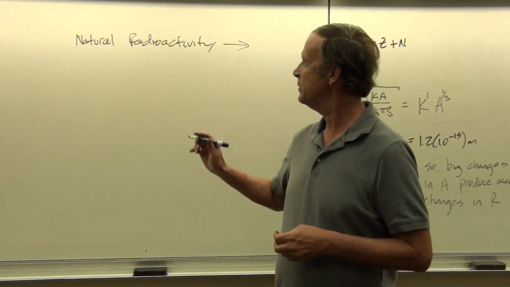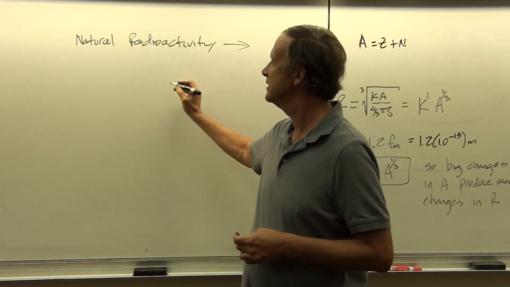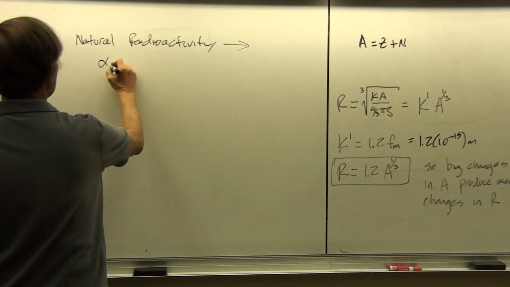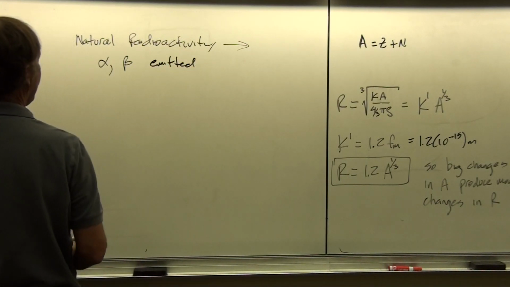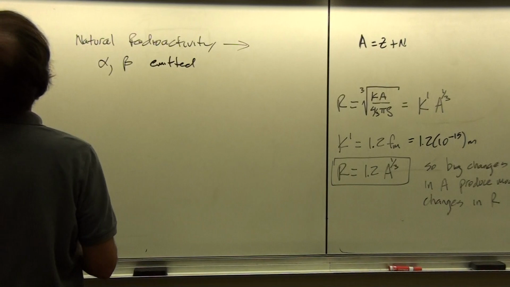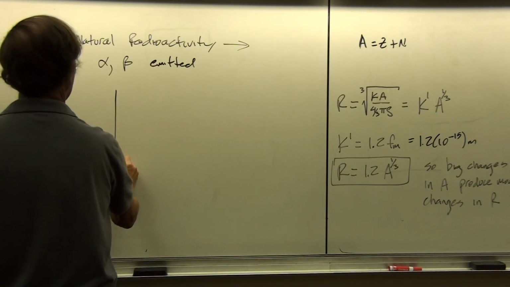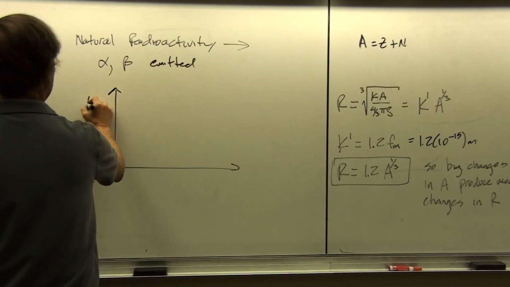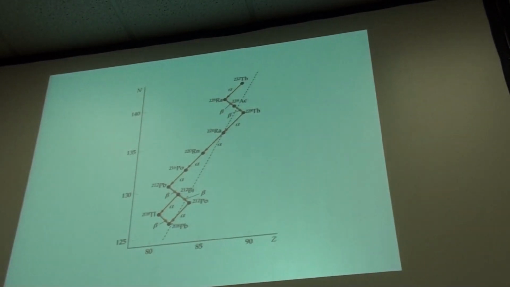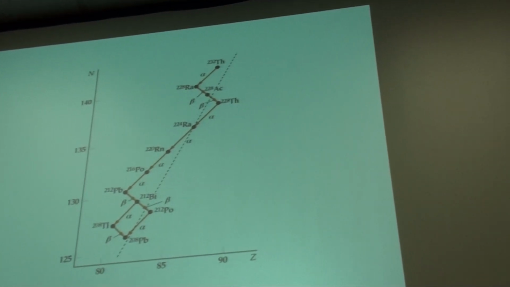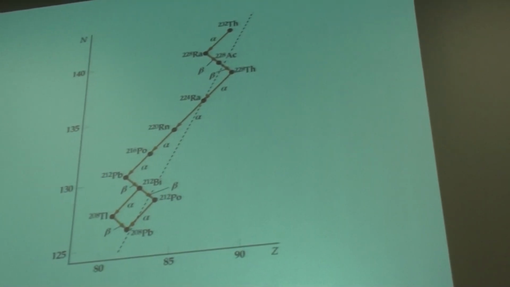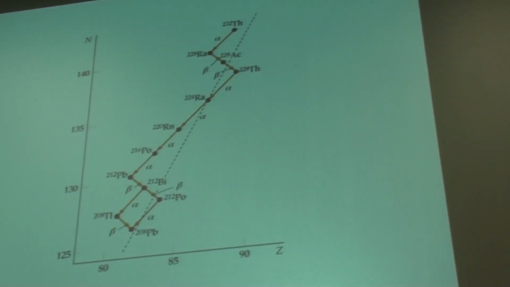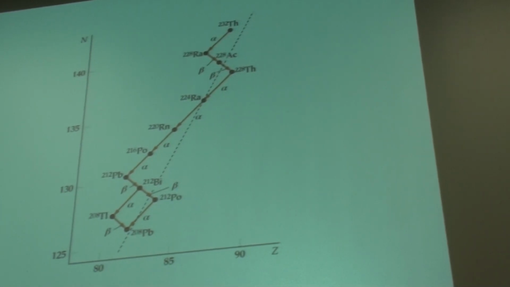Okay, so let's keep in mind, though, that normally for natural radioactivity, we either have an alpha particle or a beta particle emitted. And the reason why one or the other would be emitted can be seen by looking at an N versus Z plot in which we have a slope for large values of Z here, where the slope is equal to 1.5. So we've talked about this a lot before. This tells us that there's 1.5 neutrons for every proton.